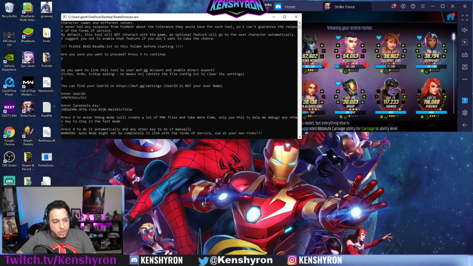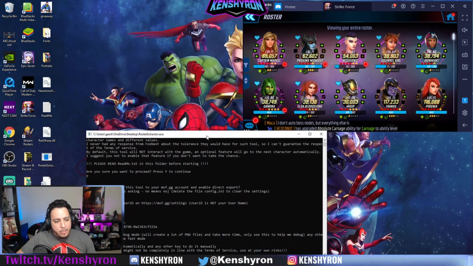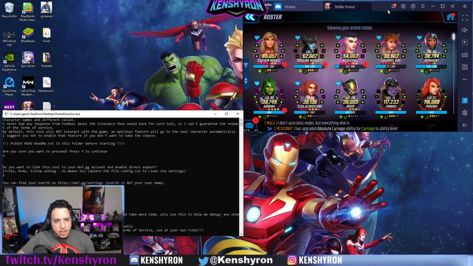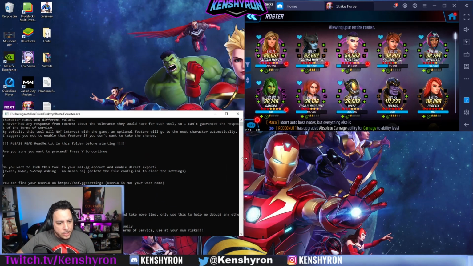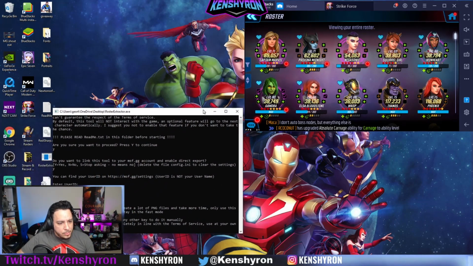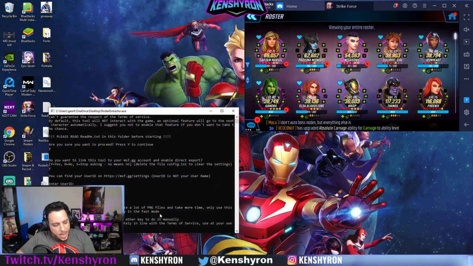Oh, I actually pressed the wrong command, but it doesn't matter. It moved on to the next one. It's saying press A to do it automatically, and any other key to do it manually. So we're gonna press A. I'm gonna put this a little bit to the side because, like I said, I'm actually gonna minimize this a little bit. By pressing A, you need to make sure that your screen right here is gonna be in one character in the roster, and it's gonna tell you. So I'm gonna press A,